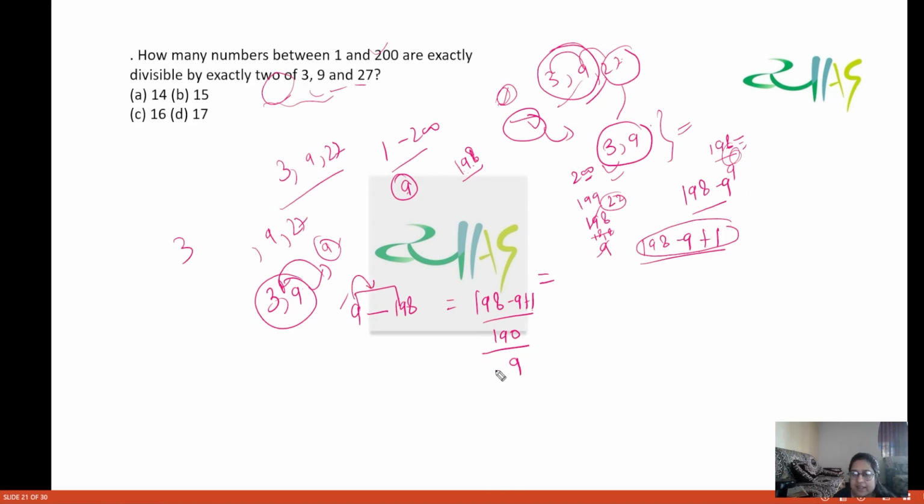अब देखिए इसमें हम 9 से डिवाइड कर लेते, क्यों? बिकॉज आप देखिए 9 प्लस 9 18 हो जाएगा, प्लस 9 27 हो जाएगा, तो आपको 9 से डिविजिबिलिटी चाहिए, तो आप 9 से डिवाइड करते रहिए। तो ये क्या हो जाएगा 9 2s are 18 एंड 9 1 टाइम्स इज 9, ओके। सो लेट अस टेक 22 नंबर्स, क्योंकि 21 आ रहा है प्लस हमको बोथ द नंबर्स इंक्लूड करने हैं, तो हमारे पास 22 नंबर्स हो जाएंगे, ठीक है। तो अब हमको लेकिन इसमें से वो नंबर्स एलिमिनेट करने हैं जो 27 से डिविजिबल है।